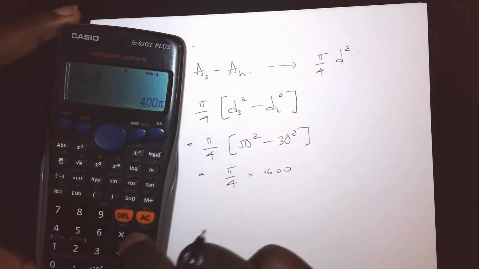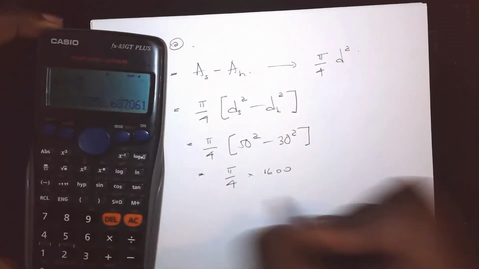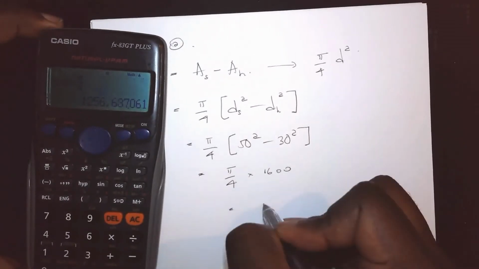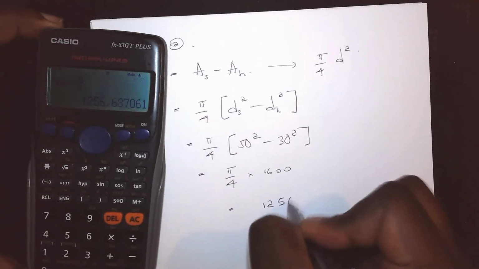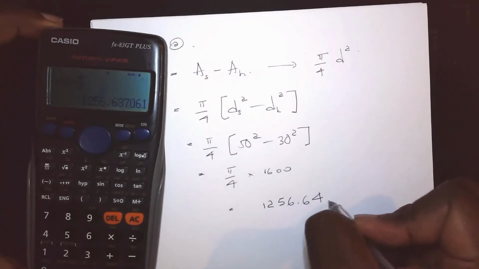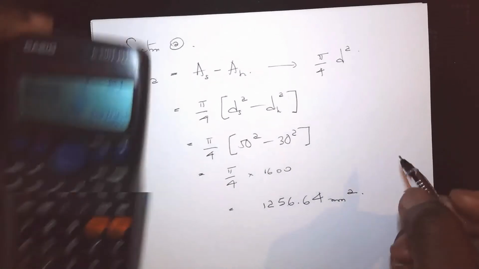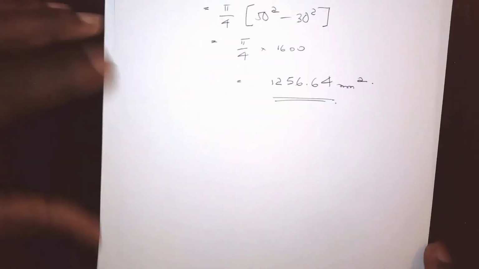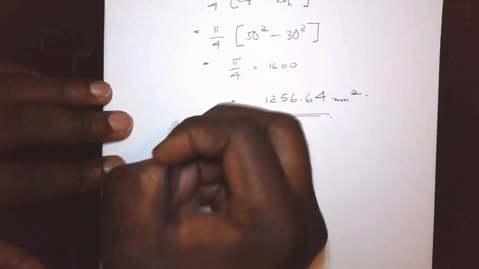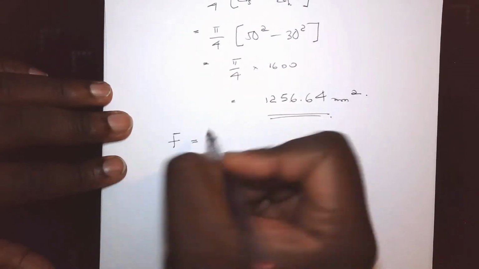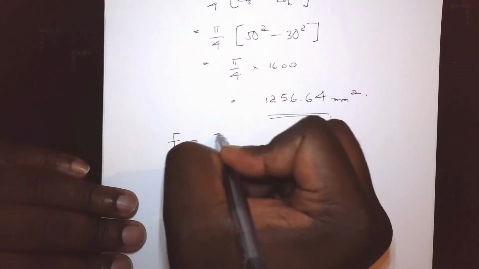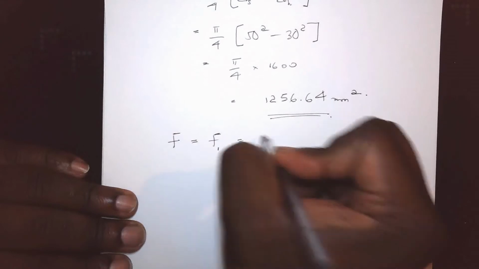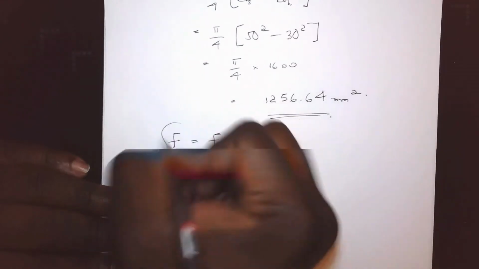Pi. And that gives the area to be 1256.64 millimeters squared. Alright. So since the tensile load F is equal to the tensile reaction in section 1, which is also equal to the tensile reaction in section 2,